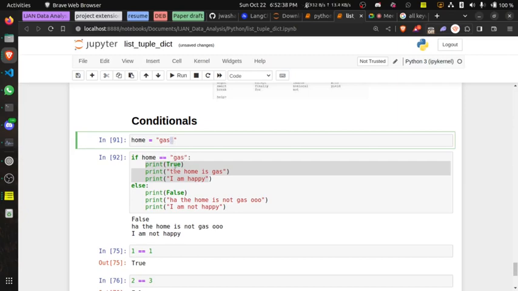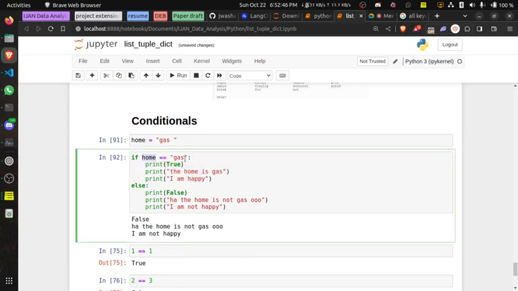So running this now, I want to see if home equals this gas. No, because this one has a space. So what will happen? This will not run and this will run. That's actually how it's going to run basically.